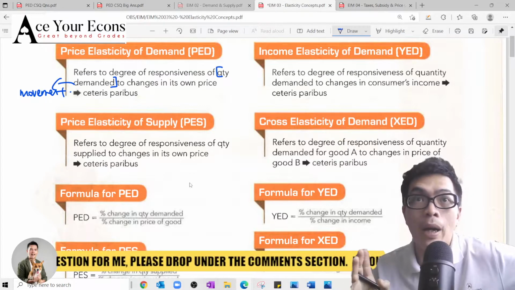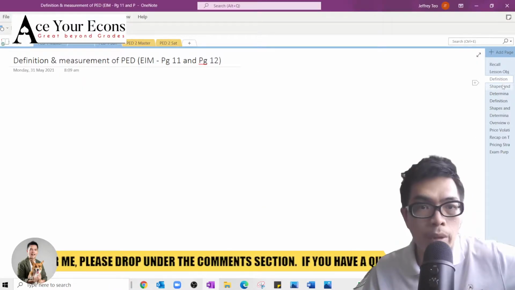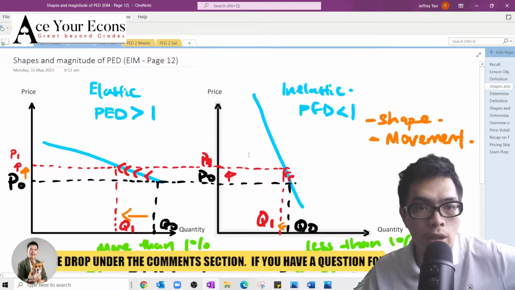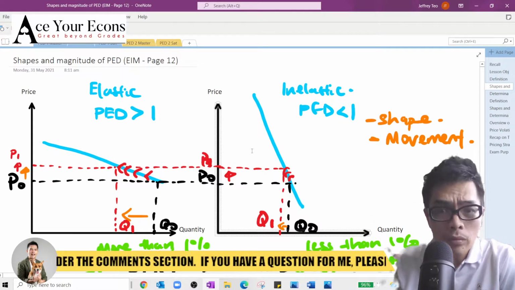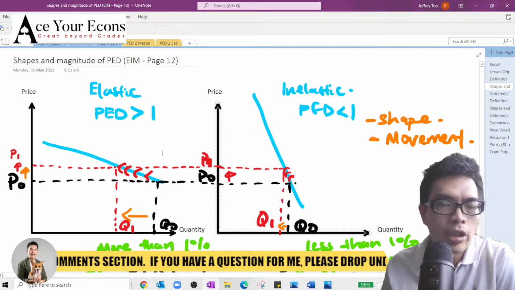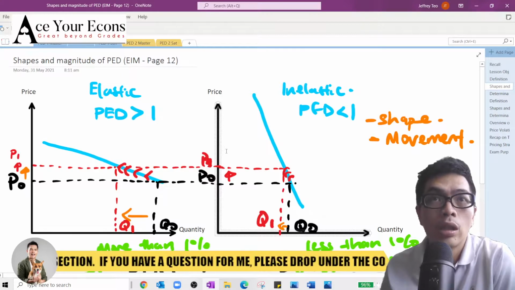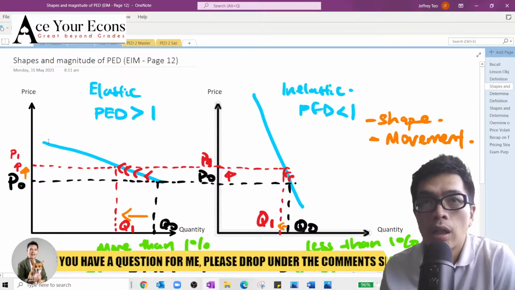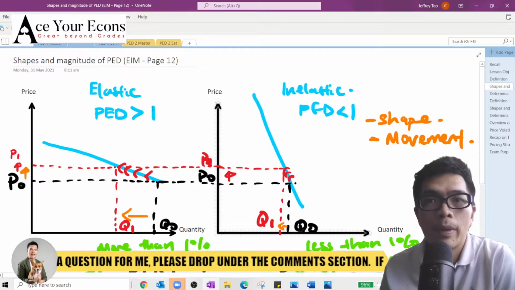The law of demand is still going to come into the picture today. We will be looking at a measurement, and we actually come up with the formula. This was covered last week. So remember, when we are looking at the magnitude and shapes of your PED, I emphasized two words last week. When it is elastic, what slope would your demand curve have? Last week, what did I mention?